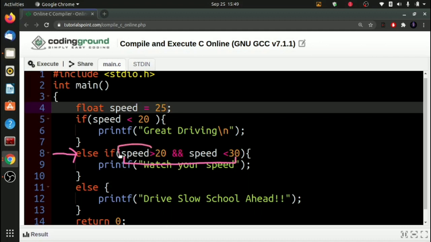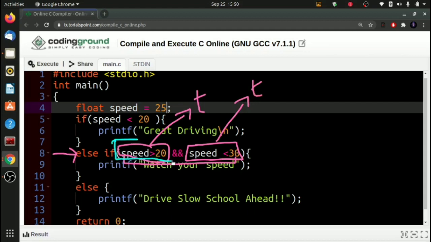The first condition, speed greater than 20, evaluates to true, and the second condition, speed less than 30, will also evaluate to true. Now since these two expressions are connected with an AND operator, which is a logical operator,